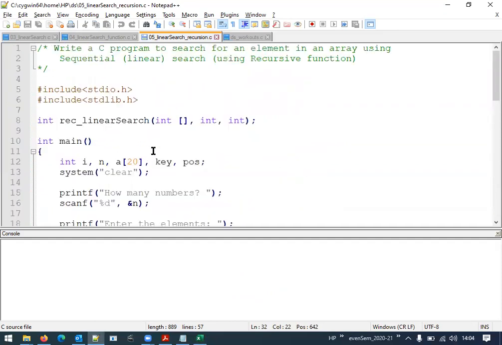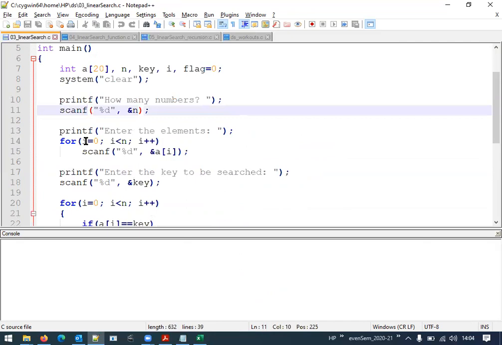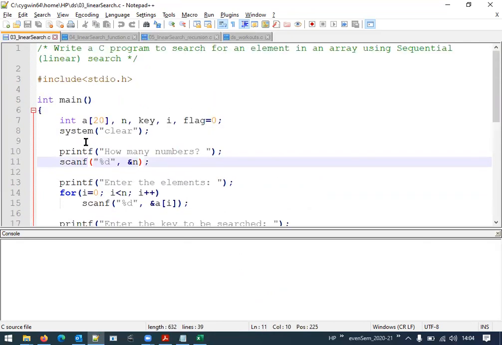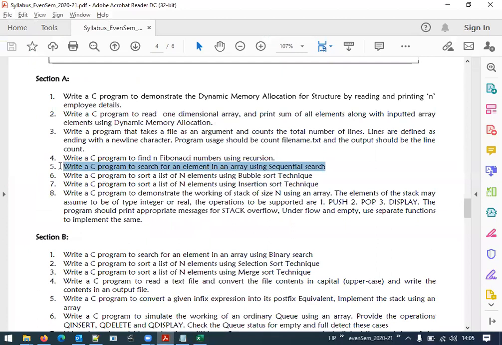Okay, so these are the 3 different programs that can be written based upon the linear search or the sequential search. Now, for your examination, students, you have a journal program based upon this. The journal program under section A: write a C program to search for an element in an array using sequential search.